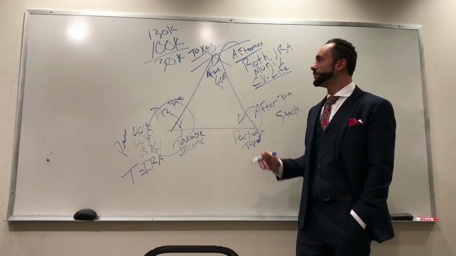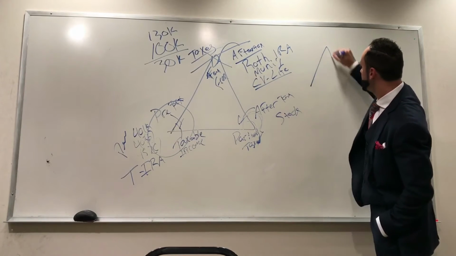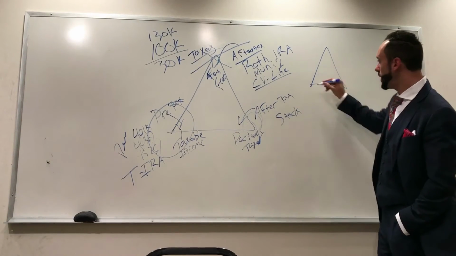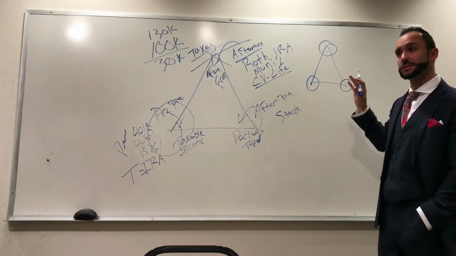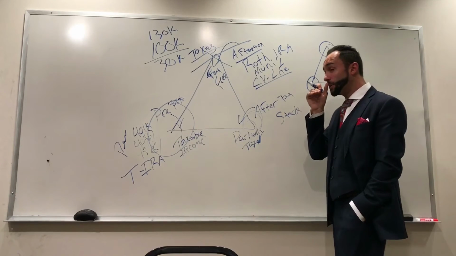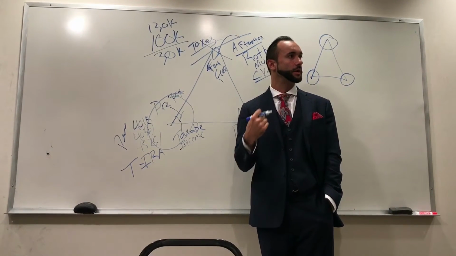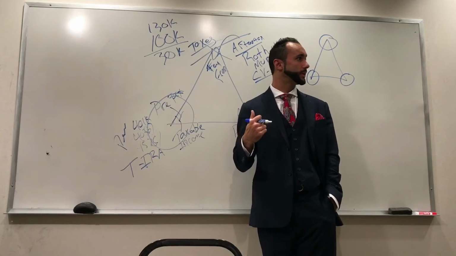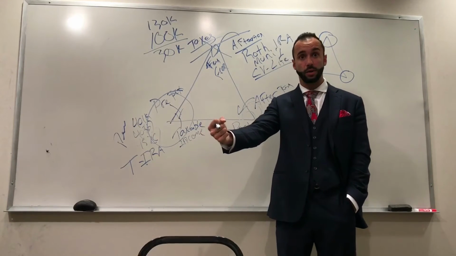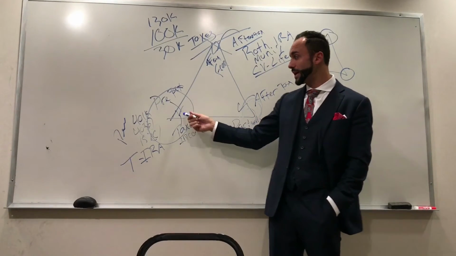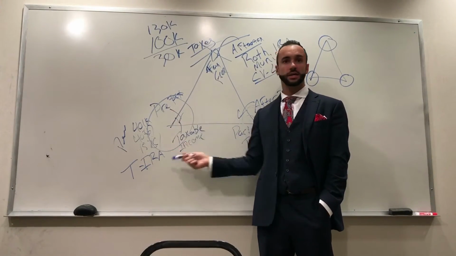So if we can make our triangle be a little bit more balanced and diversified, to where we have money here, we have some here, but we also have some from a tax-free area. Now what that's going to allow us to do is have more control with our taxes now and in retirement, most importantly. Because most people in retirement are stuck. If they want to pull money out and live off of their money, and they want to pull it out of their retirement account, all their money's where? All in the tax area.